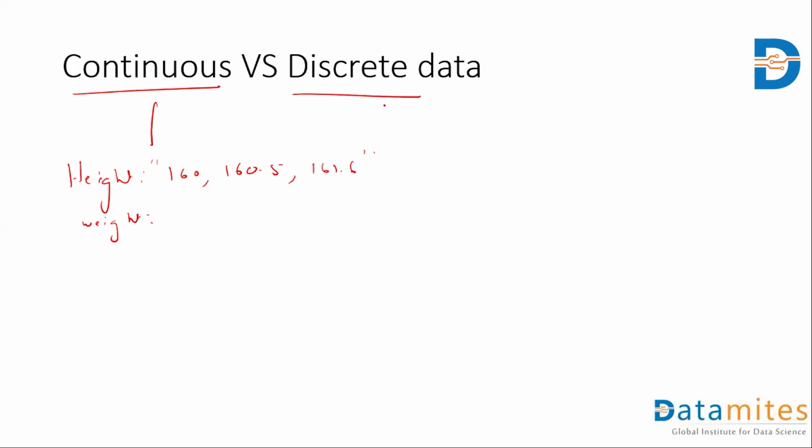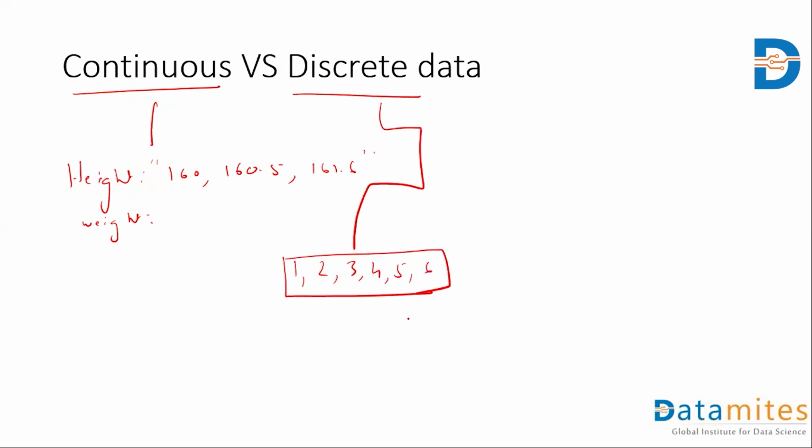So if that is the case, what do you think is discrete data? So discrete data, going by the definition of continuous, we'll understand that these are the kind of variables which can take up only a finite set of values, right? Think of something like the number that comes up when you roll a dice, right? They can be only 1, 2, 3, 4, 5, 6,